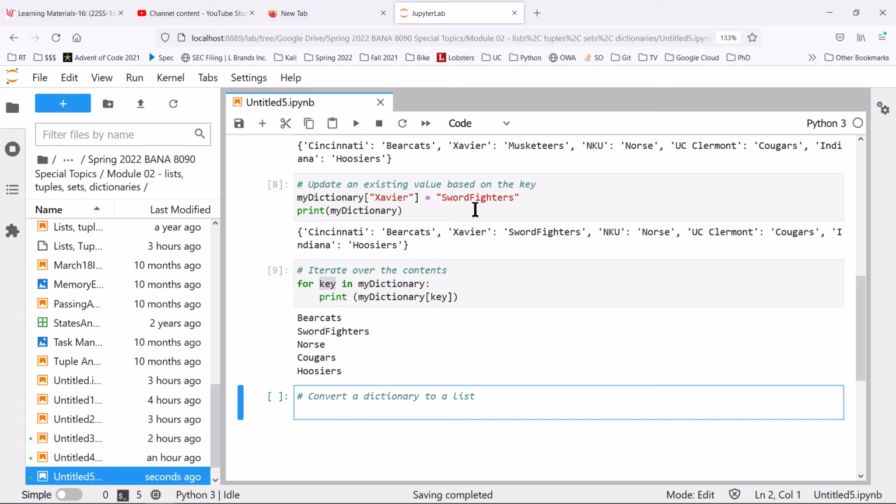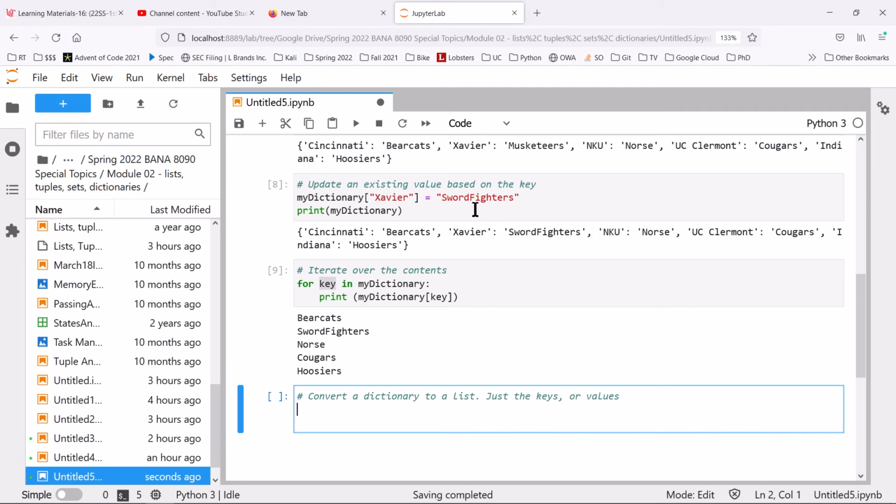A list is a set of individual values that are not necessarily related. They are all in the same container. It does not have the concept of a key value pair. So does it make sense to take a dictionary, which is sets of pairs, and convert that to a list? Well, it might make sense to maybe take out the keys or maybe take out the values and make those into a list. We just want a list of the